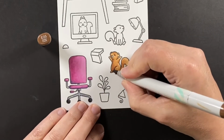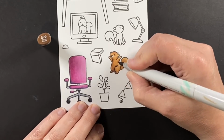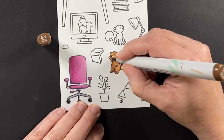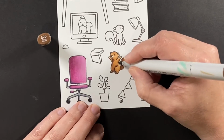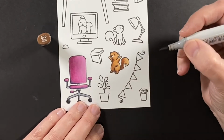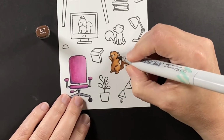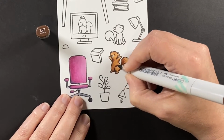and then start on with my next darkest color, and this one's an E25. And just going in the same areas that I had put that E23, just building up the color, building up those shadows, making sure that all those nooks and crannies have that bit of depth to them. We're going to have a variety of squirrel species on the card today. So here is our brown squirrel, and that's the technical name, right? The brown squirrel. Just darkening him up a little bit more now with the E27,